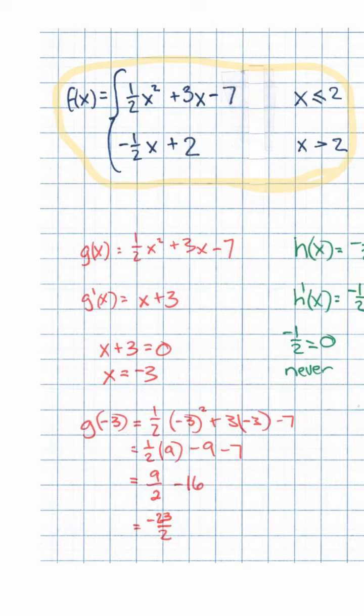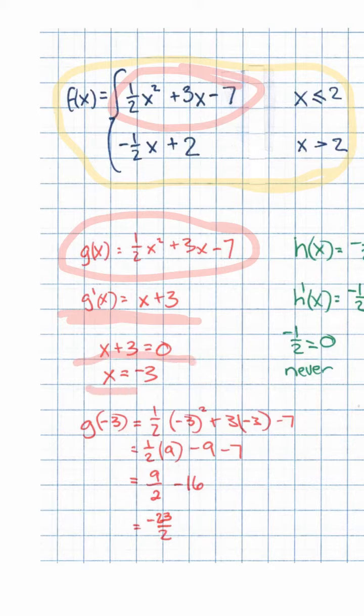So I'm going to call this first function up here g. Then I take the derivative of that function, and then I set the derivative equal to 0. So I did get a 0 for the derivative at -3. Of course, I actually have to find the other coordinate, so I plug that -3 back into the function, and I got -23/2, which is -11.5. So that is an extreme value for the function, and because -3 is less than